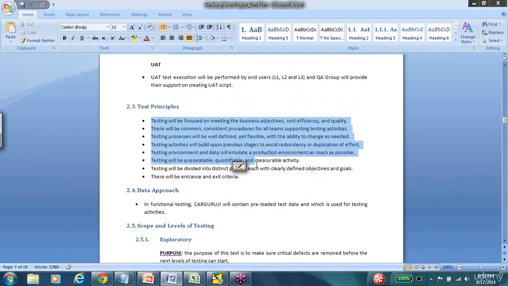Next is principles. So this is again just a few guidelines on how we are going to conduct our business. Also, this is an optional section in your test plan. If you would like it, you can have it, otherwise you can just remove it. But I like to keep this because